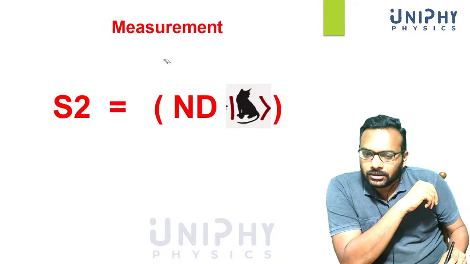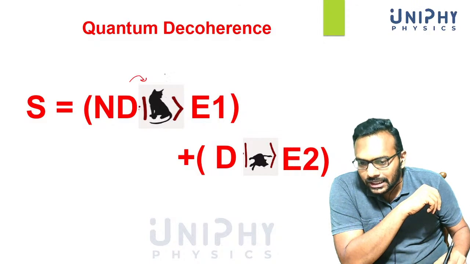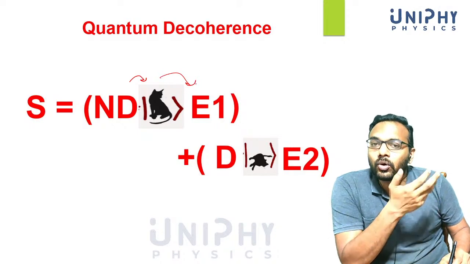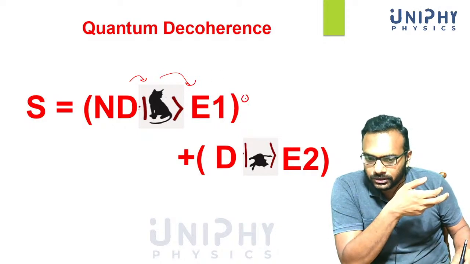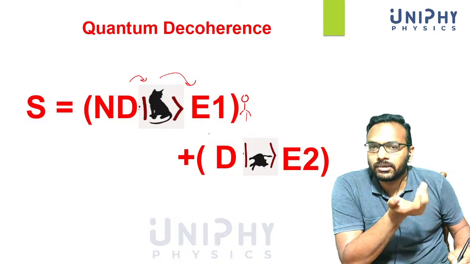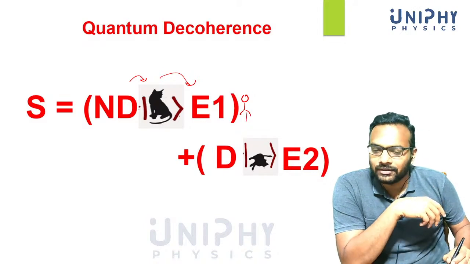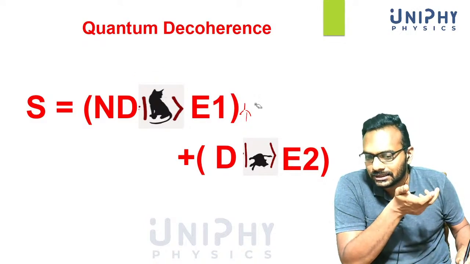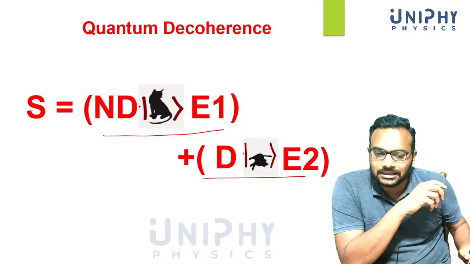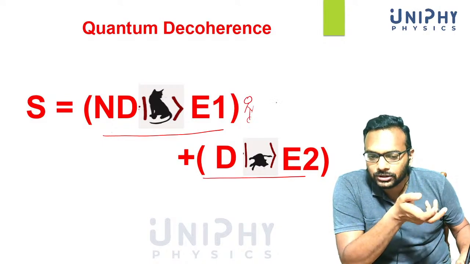what happens is that the atom not only interacts with the cat, but the cat interacts with the environment. So it gets entangled with the environment. Now once you open the box, it gets entangled with you, looking at it. The environment of the dead cat is different from the environment of an alive cat, because a dead cat is lying down, and correspondingly the positions or states of other particles will have changed. So if you take quantum mechanics literally, this is the state of the system after it reacts with the environment, and then the environment immediately reacts with you and the rest of the universe.